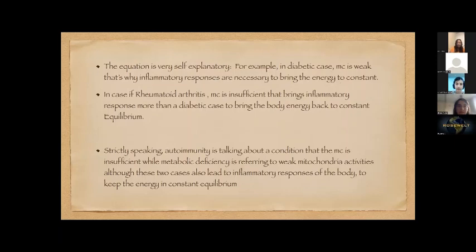Some are because of the metabolism itself, but they have enough mitochondria. They just need to boost the activity and give a booster to the mitochondria, and then everything will be fine and back to normal. But in an RA case, because they don't have enough mitochondria, apart from boosting the mitochondria, inflammation becomes an inevitable thing to happen for them. That's why their body or their bones are more inflamed than in other kinds of illnesses. And next please.